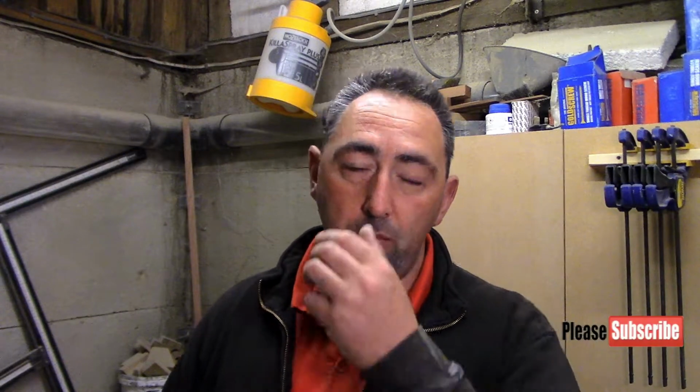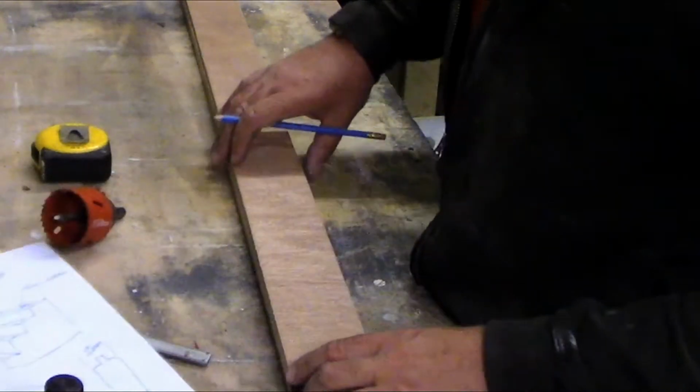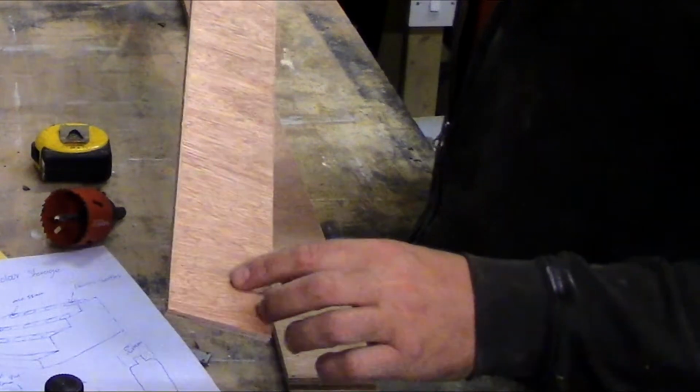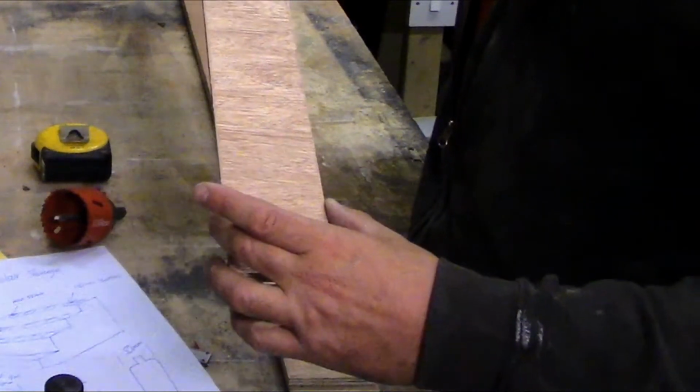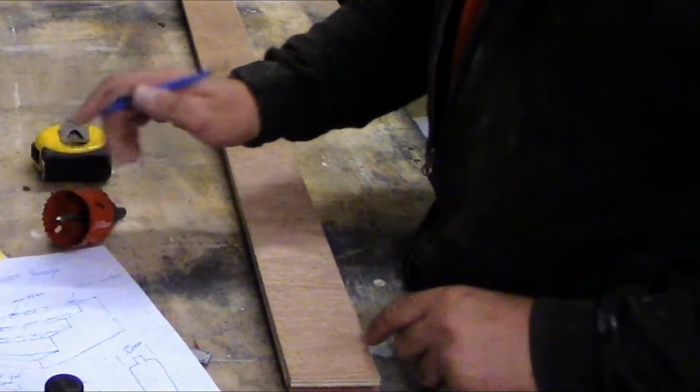So anyway, I've cut a bit of the timber that I'm going to be using. So we'll make this basic stuff up and then we'll cut the sides and the bottom and the back as and when we need it. So I'll move the camera to the bench and then I'll meet you guys at the bench. Right, so I've ripped some 9mm ply, marine ply, down to 70mm wide,